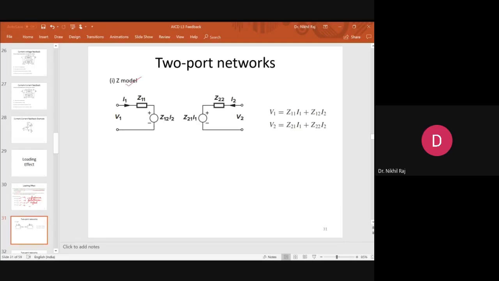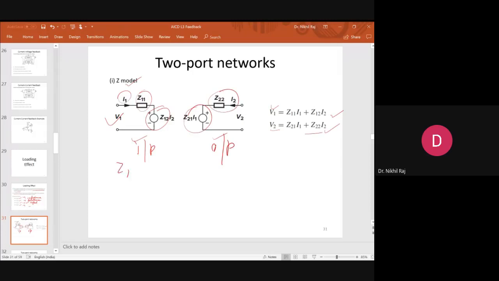So in this impedance model, two port network is there. This is the input port and this is the output port. All amplifiers are two port networks, input and output. So we also need to study beta as a two port network. The standard equation, we'll just write the loop equation. So V1 will be Z11 into I1 plus this drop. For the second voltage, it is the sum of this drop and this drop.